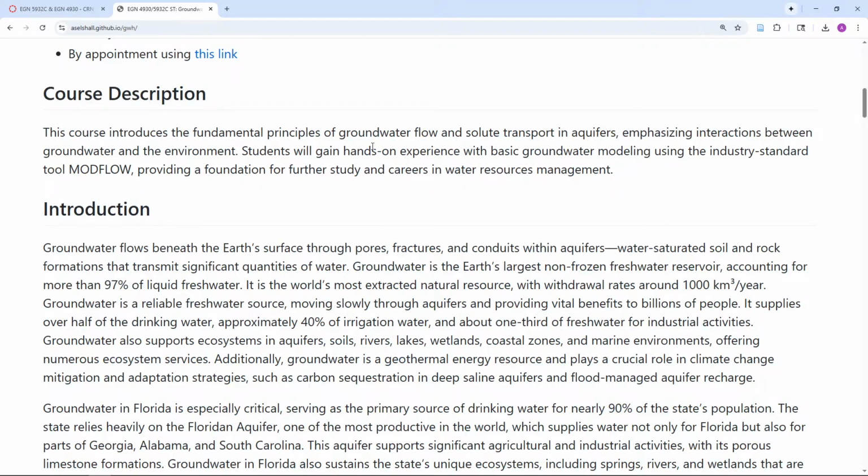After we learn about the groundwater flow equation, we will learn about well hydraulics, like when you start pumping, how the flow field will change. This will lead us to our next topic, which is site characterization. This part, module one on aquifer properties, is just an introduction. Module two